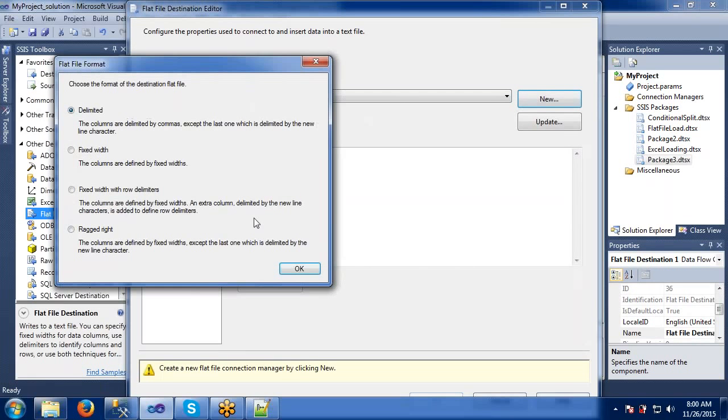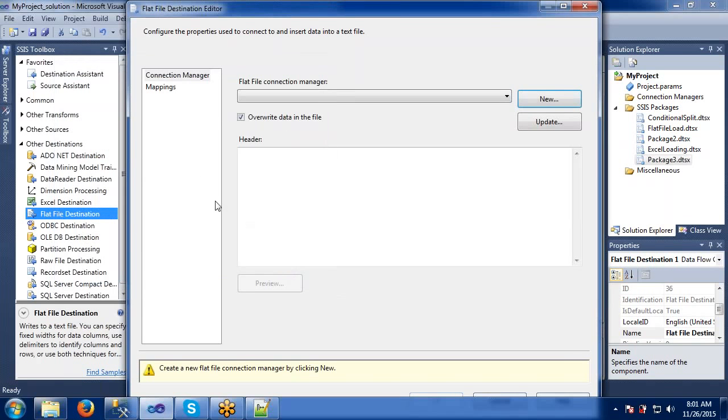New delimited. Here delimited, I am giving the comma separated, means when my output has come, the output will be separated, every column is separated with comma. If you want to make it some fixed width, if you want to make some other, you can try yourself. Okay, let's try with the delimited as of now. You can try some other options when you are practicing with this.